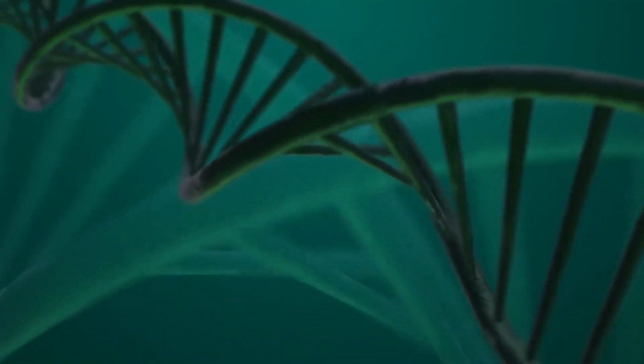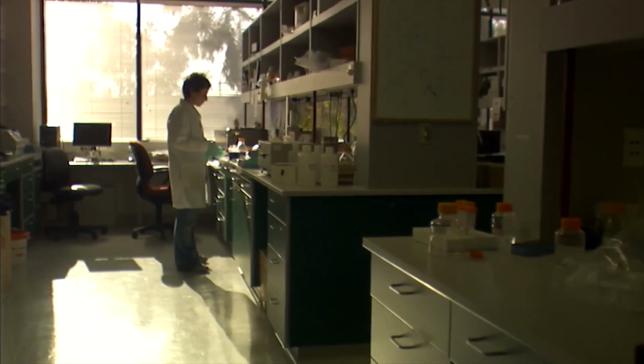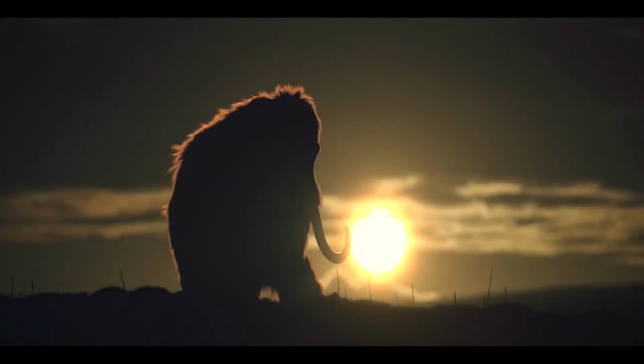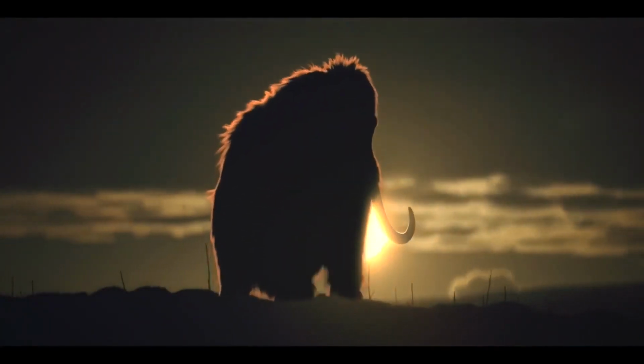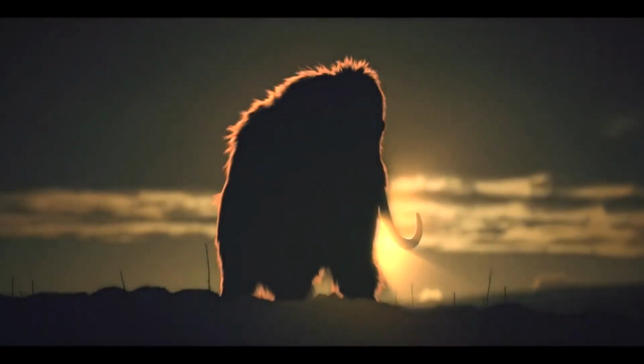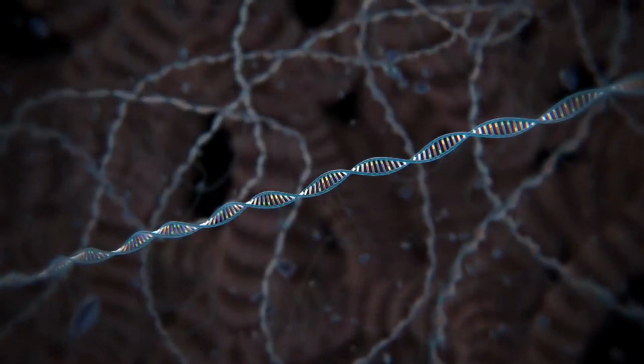Look, in 2015, Revive and Restore launched the Woolly Mammoth Revival Project with the goal of re-engineering a creature with genes from the woolly mammoth and introducing it back into the tundra to combat climate change. Revive and Restore is a nonprofit in California, and it uses genome editing technology. This is also the same method that a team at Harvard is using as well. This team is led by Dr. George Church, and they are using CRISPR,